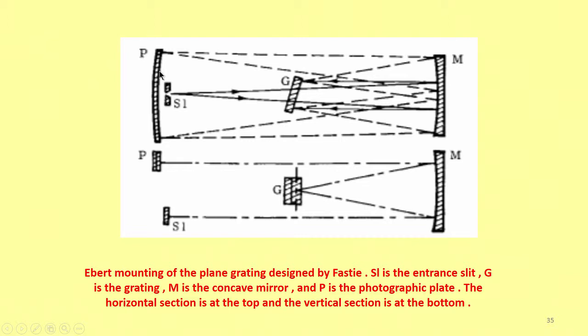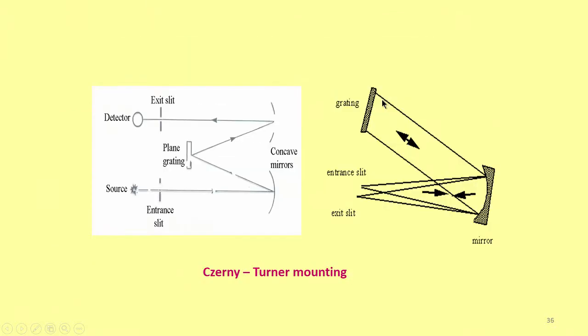I have two spherical mirrors here, M1 and M2, and the source; the grating comes here, one detector, another one comes here, another detector. So, two spherical mirrors are used instead of a single mirror. That makes the optical arrangement very simple. In Czerny-Turner I have a source, one mirror here and a plane grating, another mirror here, and an exit slit and detector.